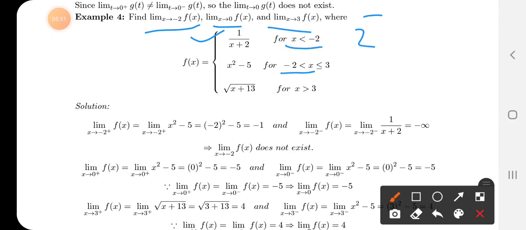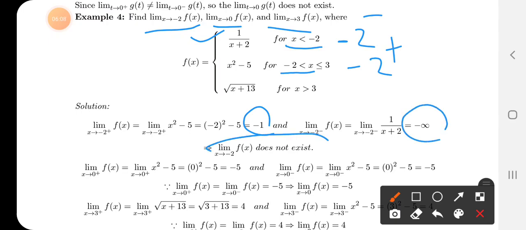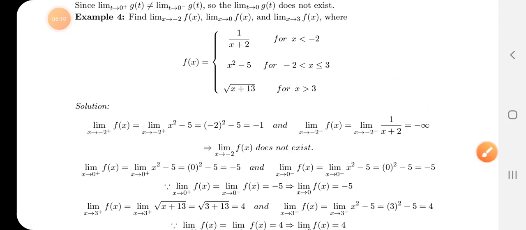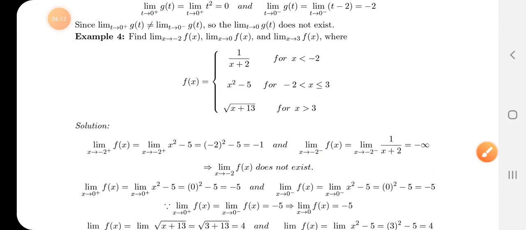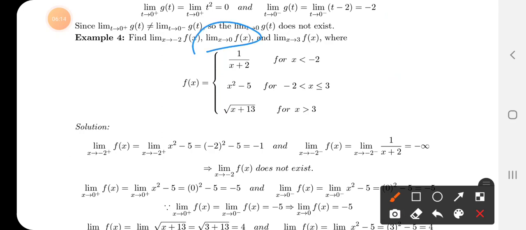और -2 लेस दैन x मीन्स x ग्रेटर दैन -2, तो उसका मतलब है -2 का लेफ़्ट के लिए ये और -2 के राइट के लिए ये वाला फंक्शन। ये दो फंक्शन यूज़ करेंगे, उसमें हम -2 की वैल्यू रिप्लेस करेंगे। यहाँ देखेंगे एक साइड से -1 वैल्यू आ रही होगी और एक साइड से नेगेटिव इन्फिनिटी। एक साइड से अगर इन्फिनिटी आ जाए तो लिमिट एग्जिस्ट नहीं करता, -2 पे एग्जिस्ट नहीं करेगा।